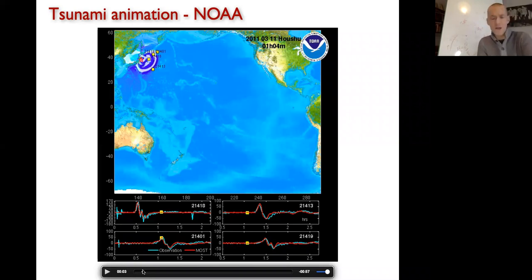Now, you have to know one thing here: what you see in the bottom panel is the comparison between pre-computed time series and recordings. Of course, they are not perfectly matching, but in terms of maximum height and maximum arrival height, they are very good. Now, these time series have been computed by NOAA, the US agency that is devoted to tsunami hazard,